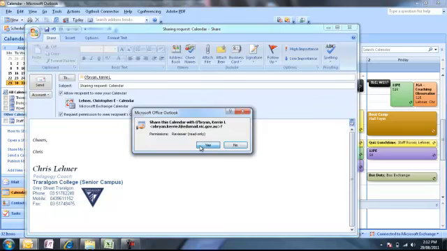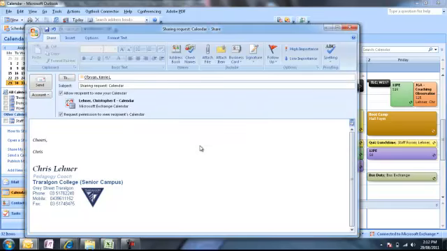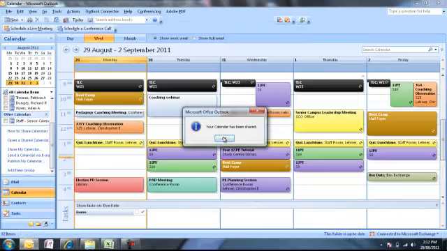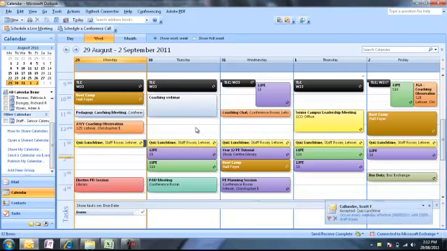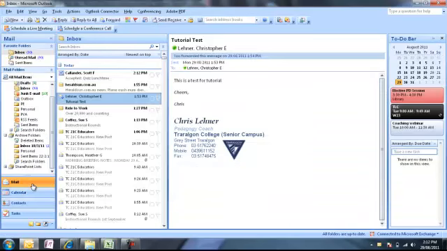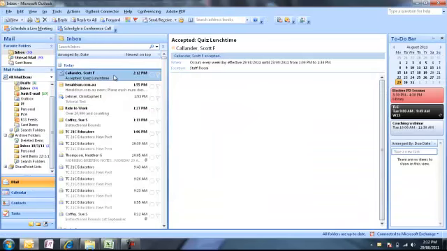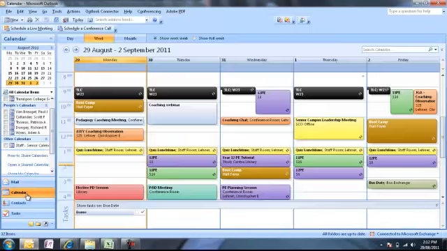And it asks me if I want to share it. I click yes, and it will send that, and she will get an email regarding me sharing my calendar, and I'll get one back. What's just come up, you'll get an email to say from someone whether they accept or decline your meeting. So Scott's already accepted my quiz at lunchtime, so then that will also appear in his calendar. Okay, so if I click back onto calendar,